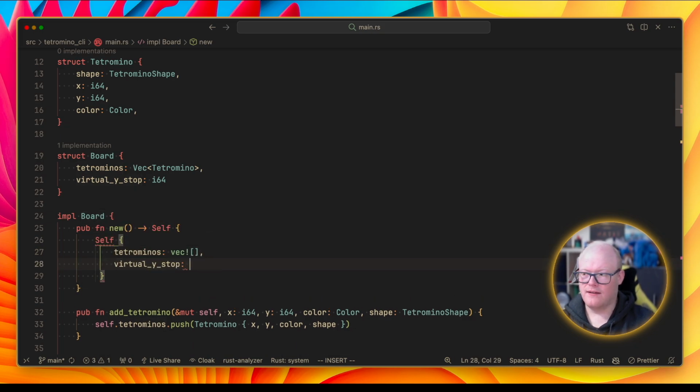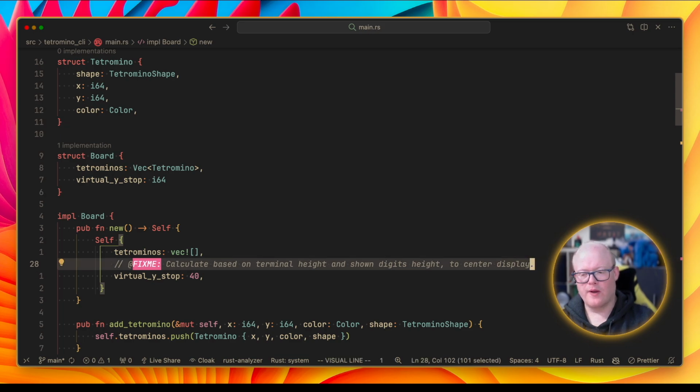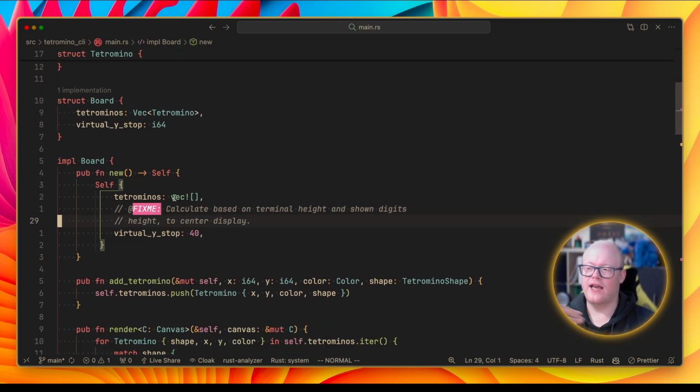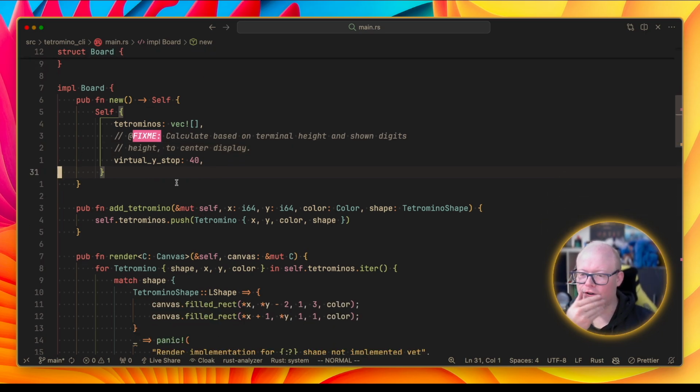And when we create that now, let's just create virtual Y stop like something, I have no idea, like 40, for example, and let's make a FIXME here: calculate based on terminal height and shown digits height to center display. So what we actually want there is in the future to calculate that based on the height of our digits that we are going to display in the end and our terminal size, so that they will actually end up somewhere in the center of the terminal, I guess. But for now, let's